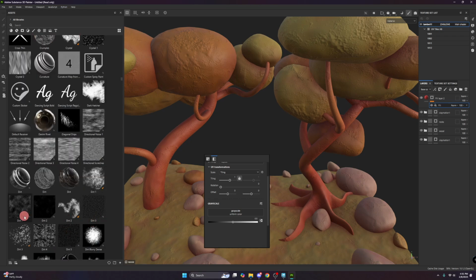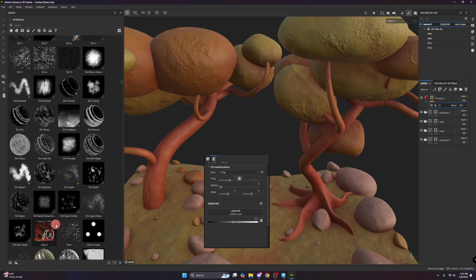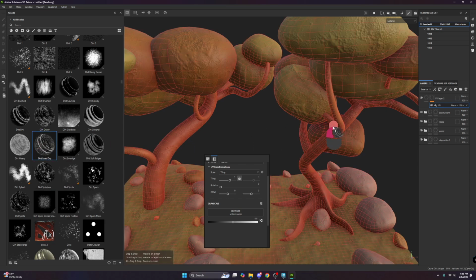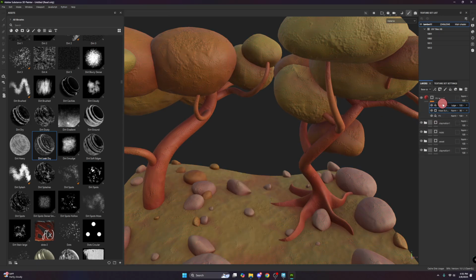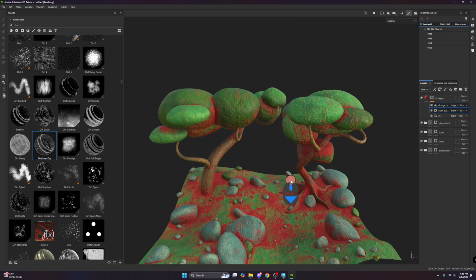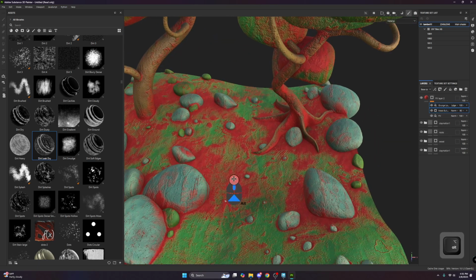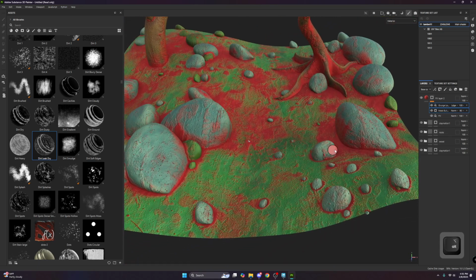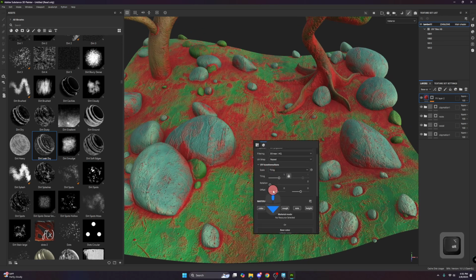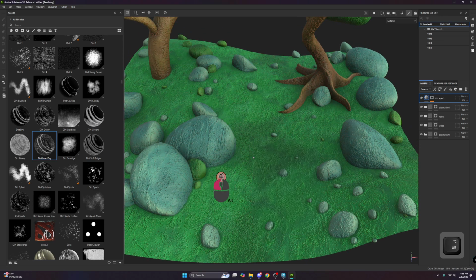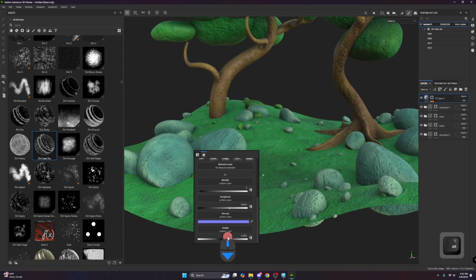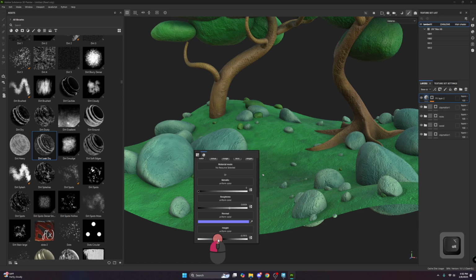So directional noise, we don't exactly need that. Dirt, grime, these might be fun. Dirt leak, we'll try that, right? We can put it in here and see what look we're getting out of it, especially in this particular shape right here. So if I like the look of this, then something I can do is turn off the color and then maybe dial down